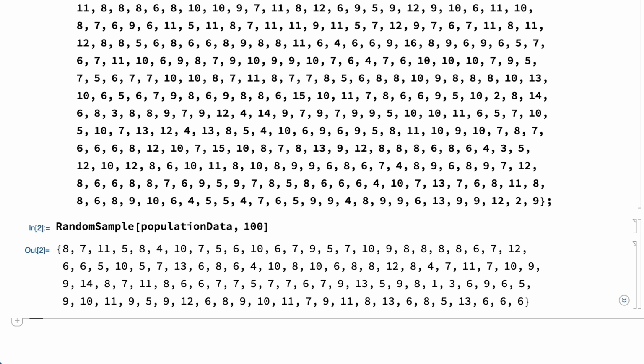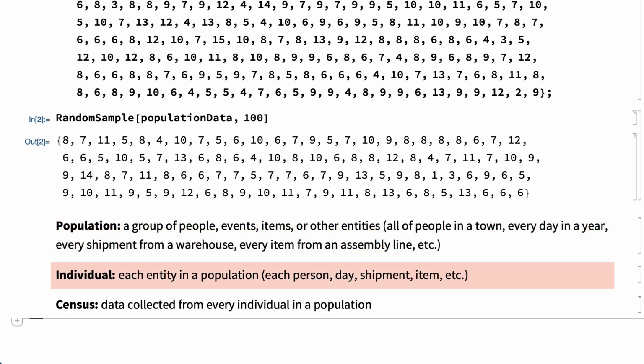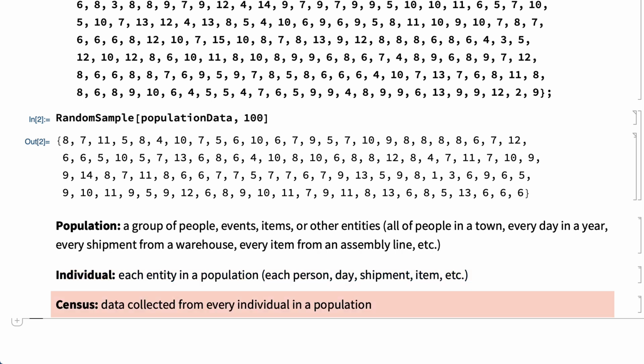In statistics, the group from which this data was collected is called the population. The persons or events or items or other entities in that population are referred to generically as individuals, and data collected for every individual in a population is called a census. The value of population data, for example, is a census. This particular census assumes some hypothetical population of 10,000 individuals from which data has been collected,